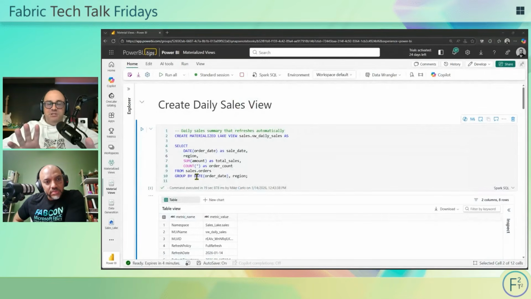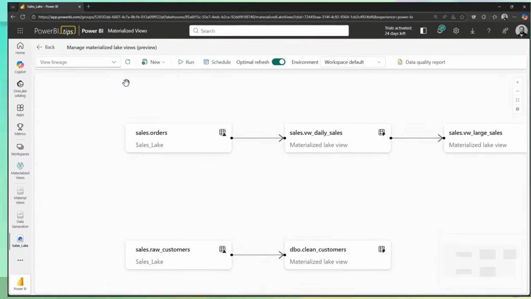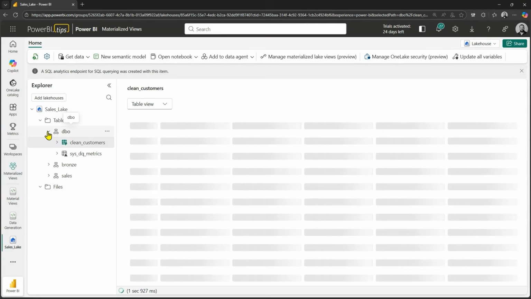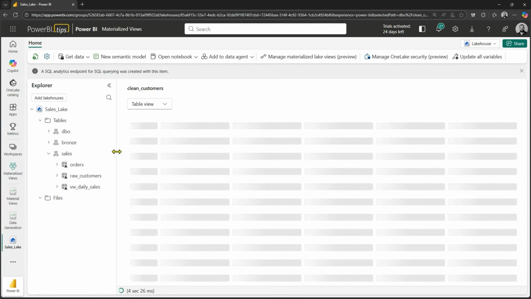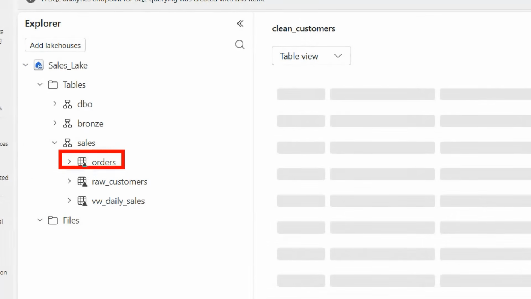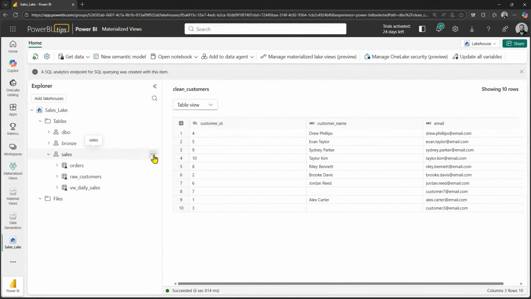I've already created these materialized views so you can see how they work. So let's look at some of the tables in my lakehouse. If I click over to my lakehouse, I'm going to go back under my tables area. And you'll notice here I have a sales table on the left hand side. Then in here, I have a number of tables, the orders table, and I have some view for my daily sales. If I refresh this view here, it should give me a couple more tables that I've already